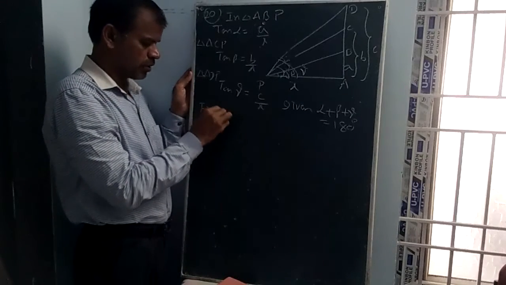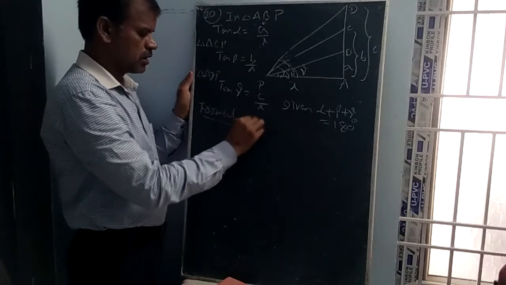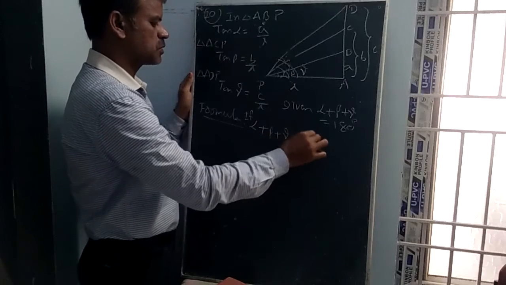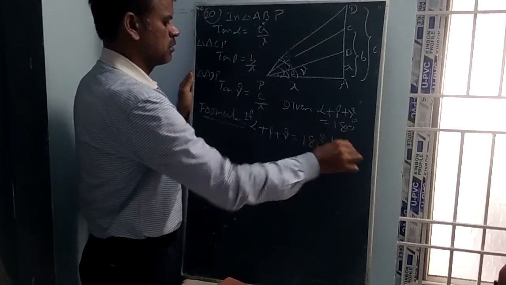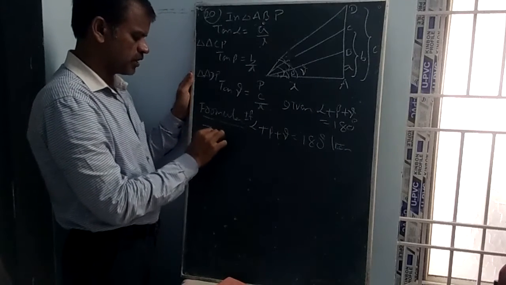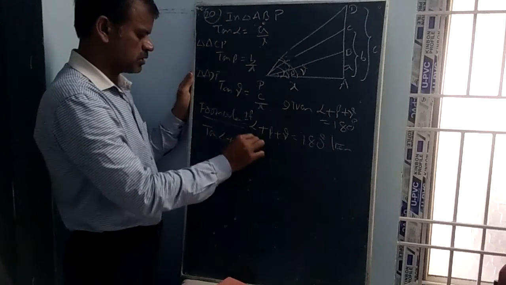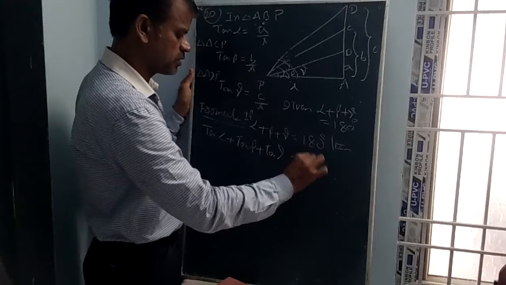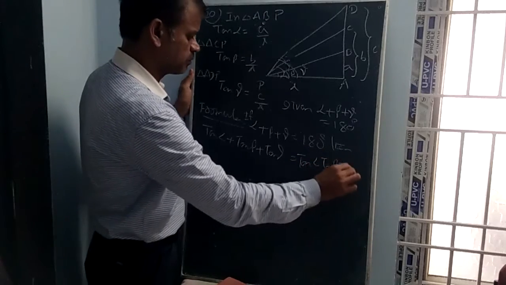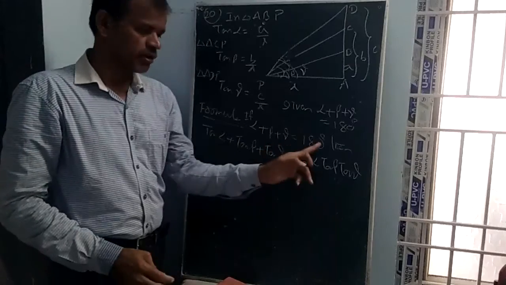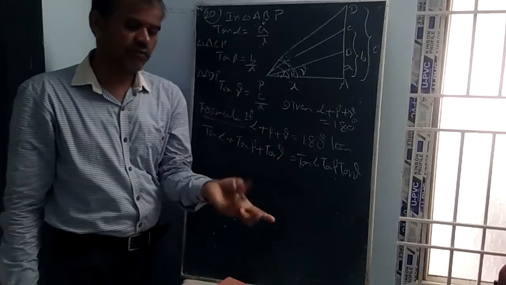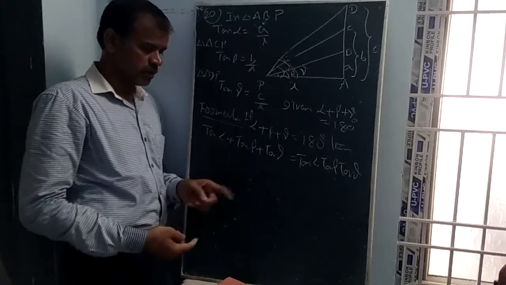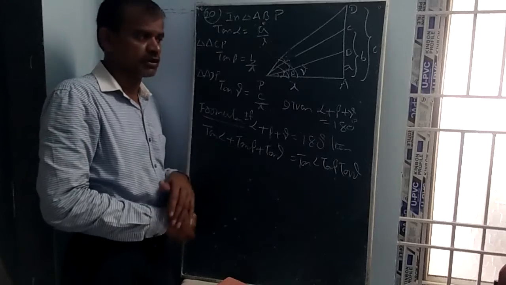Let us write the formula we have proved in trigonometry. If alpha plus beta plus gamma is equal to 180 degrees, then sigma tan alpha equal to pi tan alpha. That is, tan alpha plus tan beta plus tan gamma equal to tan alpha into tan beta into tan gamma. If you have any doubt, you can take gamma to this side and apply tan both sides. Tan of (alpha plus beta) is equal to tan of (180 minus gamma), that is minus tan gamma. Taking cross multiplication, you will get the formula tan alpha plus tan beta plus tan gamma equal to tan alpha into tan beta into tan gamma.